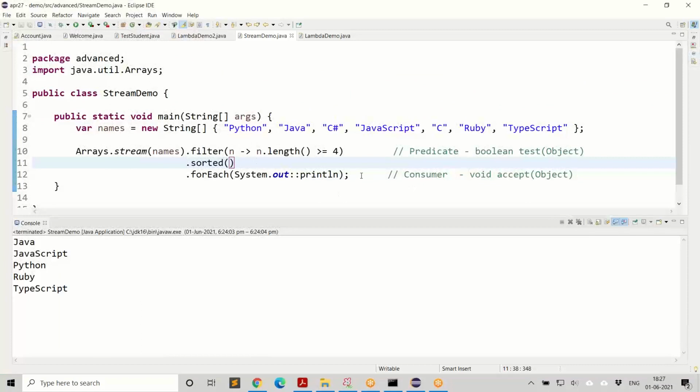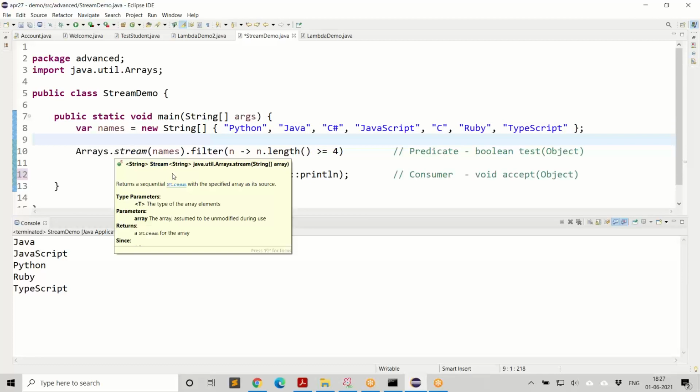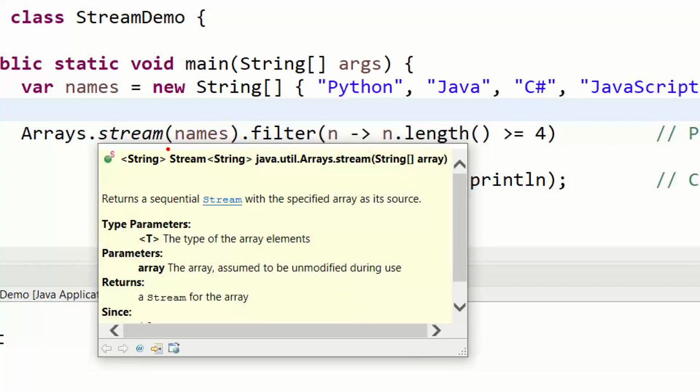It suits that. This is a very simple example, but it does show you how we use intermediate operations and a terminal operation, and how we convert an array of strings to a stream of strings. And look at this method. It is telling you it returns a stream of strings.